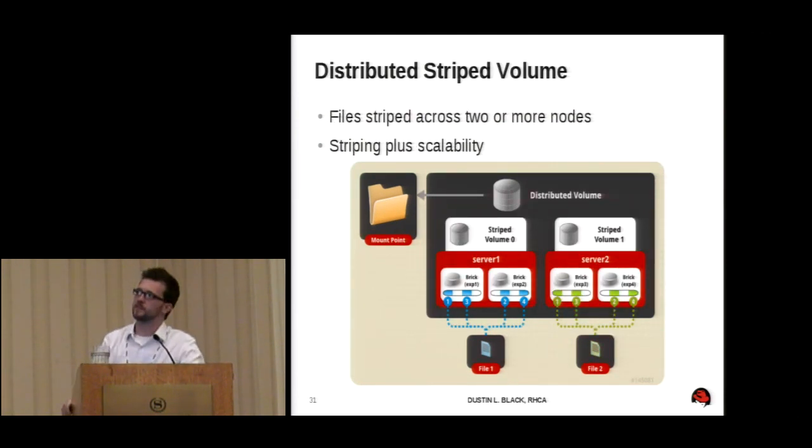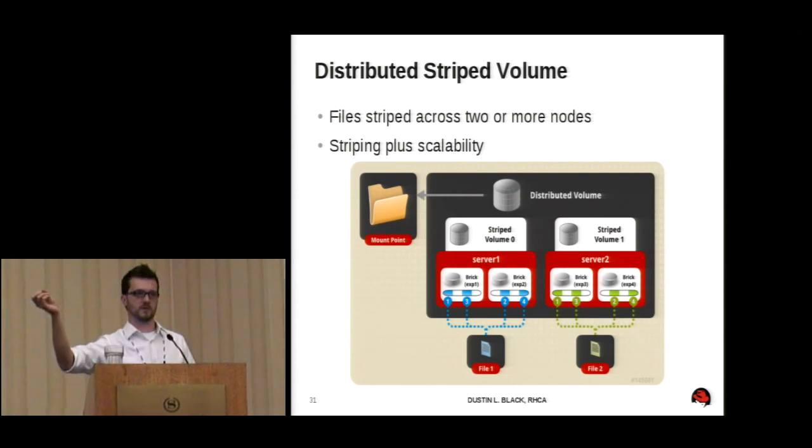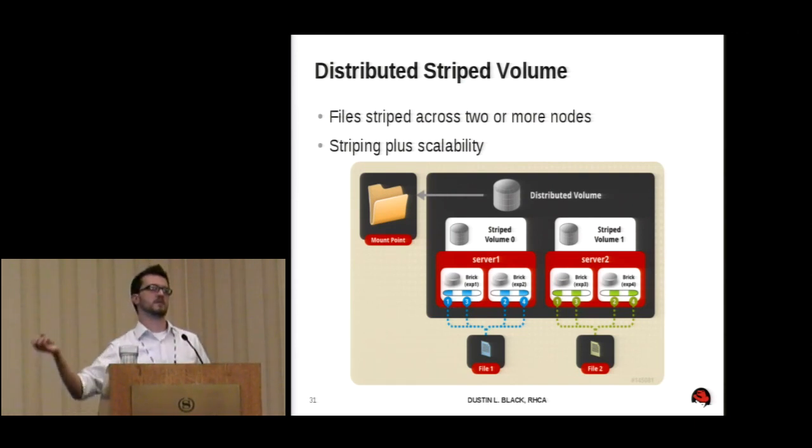So we can take that striped volume and do what we did with the replicated volume and stack distribution on top of it. So once again, I've given it 4 bricks, and I said I want a stripe of 2. So what it's done here is it says, okay, well, you've given me 4 bricks and told me to use 2 of them, so I'm just going to do that twice and then distribute between them. So you see in this scenario that I have a striped volume between 2 bricks and a striped volume between another 2 bricks, and a file is being written. The first file is being written to the first stripe volume, and when the second file is written, the distribution protocol tells it to write to the other set of stripe volumes.